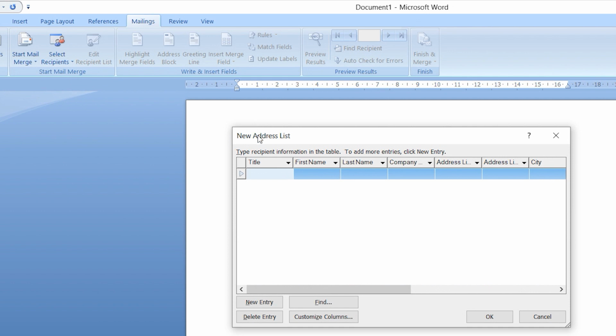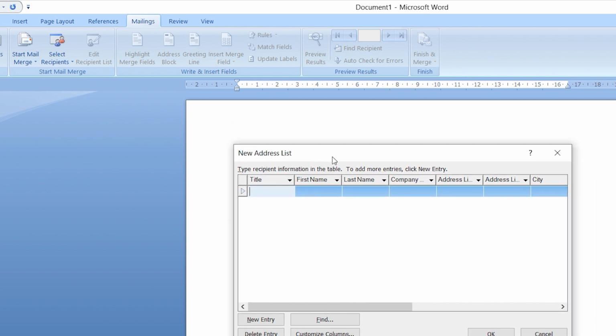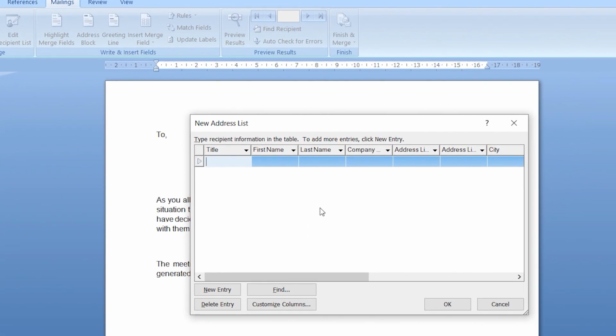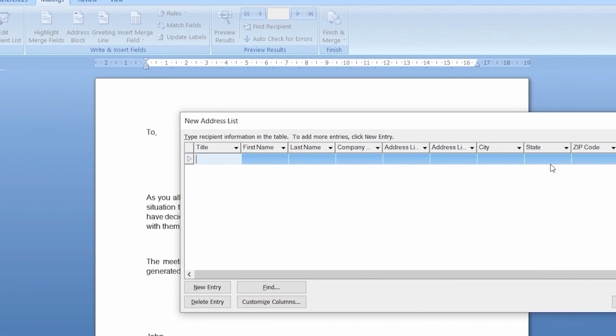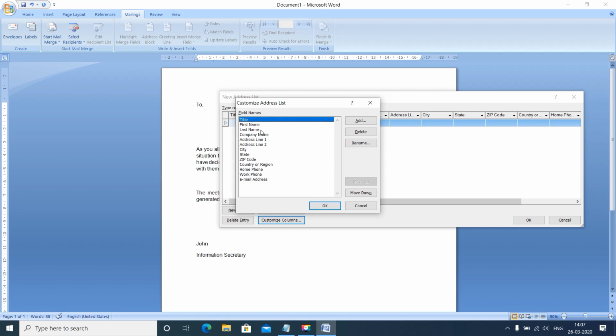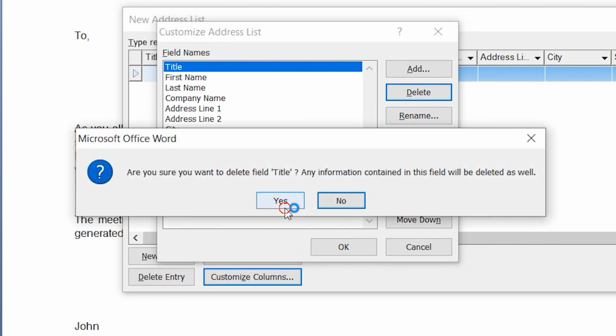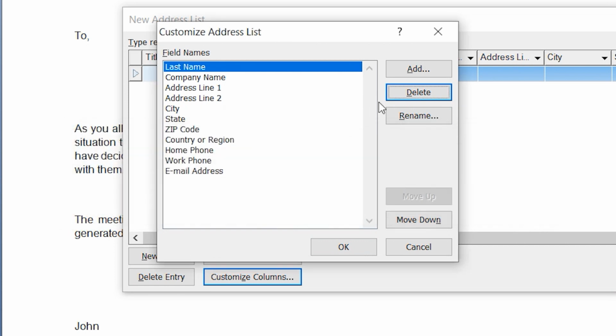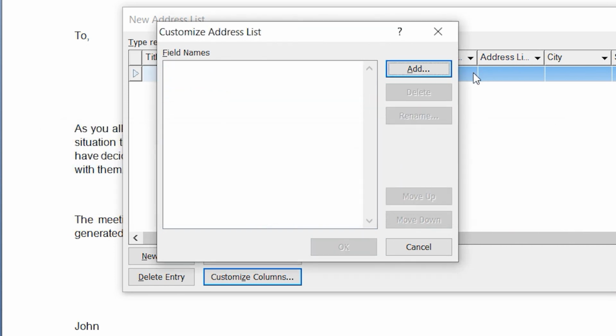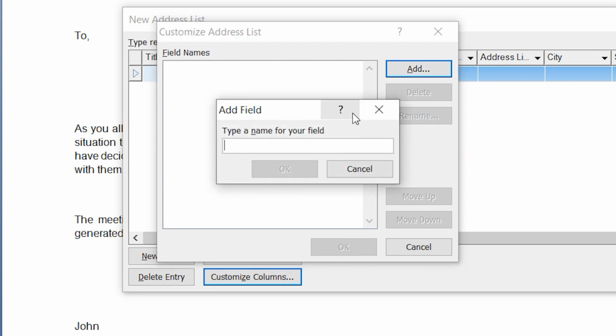When you click on that, it'll open a new floating box. In here we have a lot of columns like title, first name, last name, company, and many others. Those columns are not the ones I need now, so I can go to Customize. For now I can delete all the field names because this is not what I want. And now I can add the field names that I need, that is name,